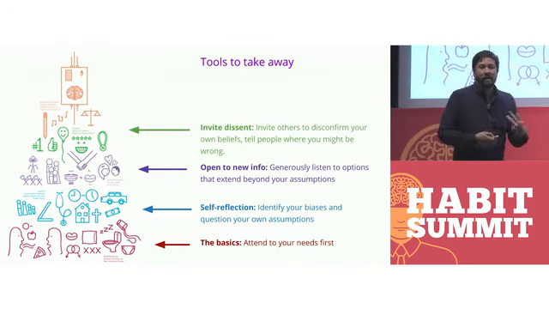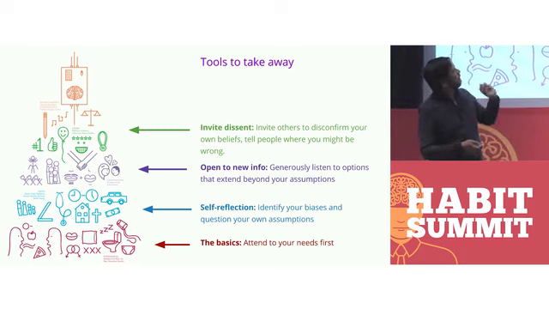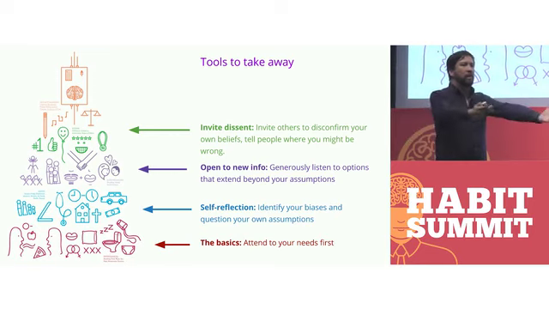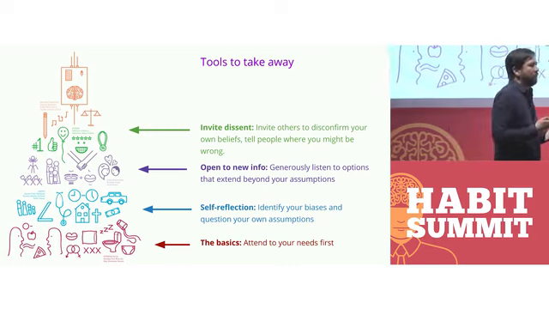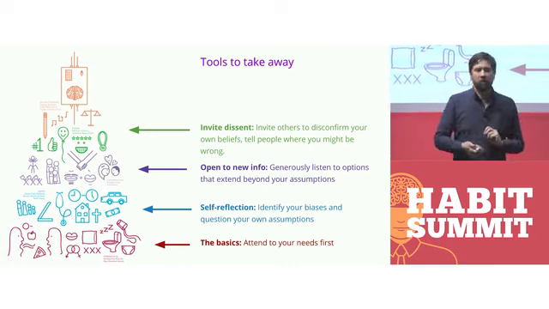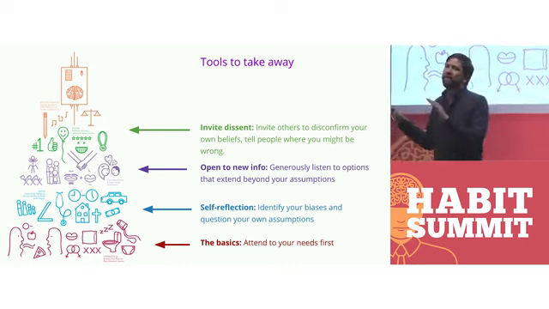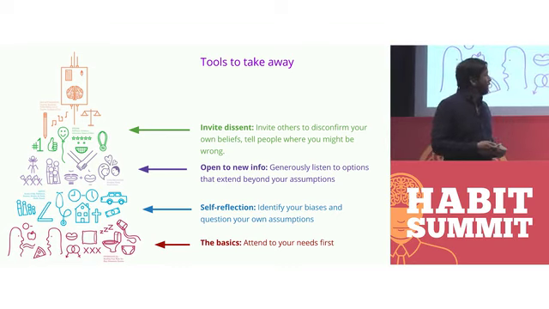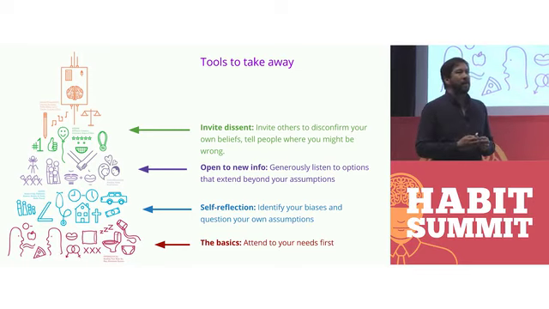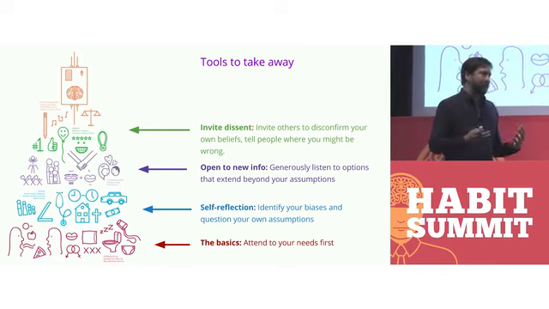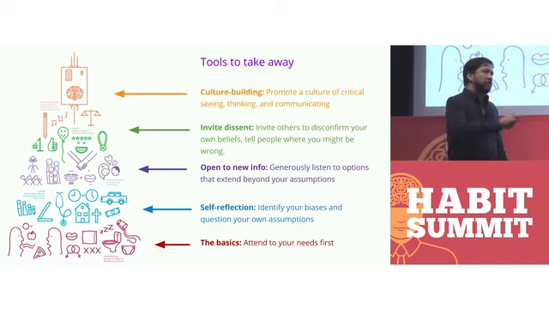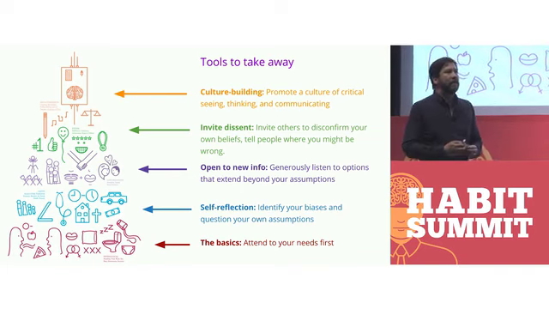Number 4, invite dissent. This is the hardest one, or not the hardest one, the second hardest one, but inviting dissent. So what if you were to go out and say here are all my assumptions, here are the weakest links in my logic, the parts of my product that I think are the closest to being incorrect or harmful, and saying, help me improve these in an open way. I think it feels very vulnerable, but it's also a great way to get better faster and to learn how to learn faster. And finally, each of us sort of are on our own path to understanding and mastering these biases, but